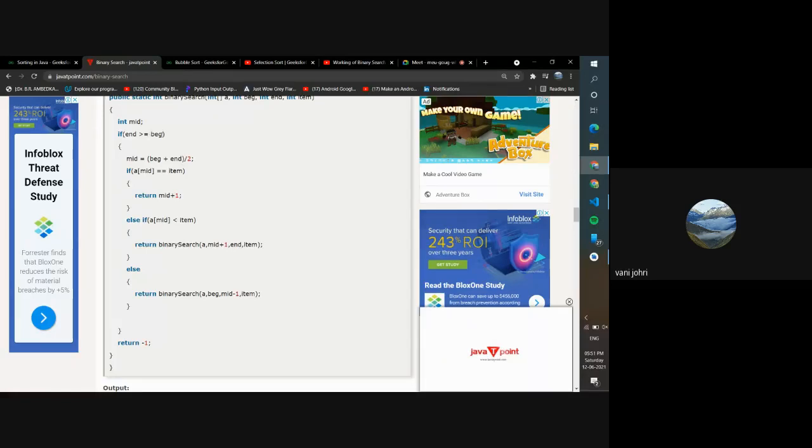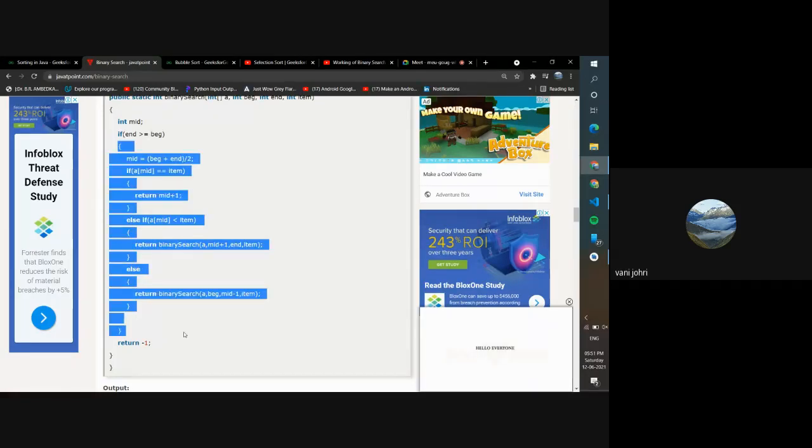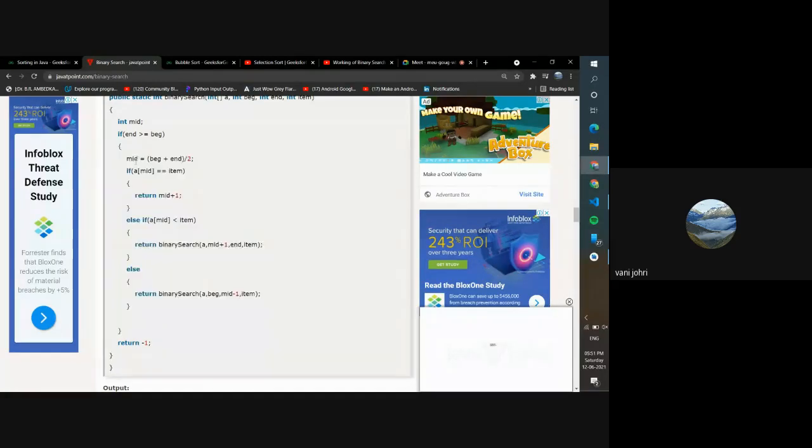This is an if, so all of this is inside that if. You said mid equals beginning plus end divided by 2. Then you checked if the element at the middle point is equal to the item, then you just returned mid plus 1. Mid plus 1 is the position of that item, right?